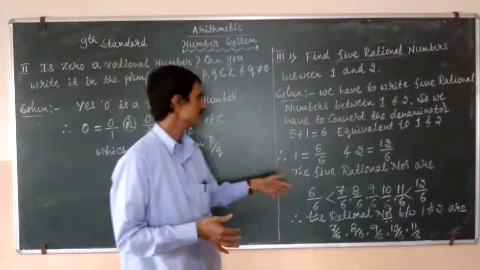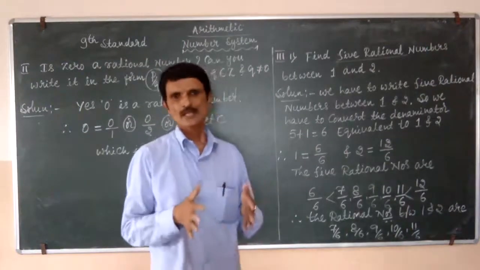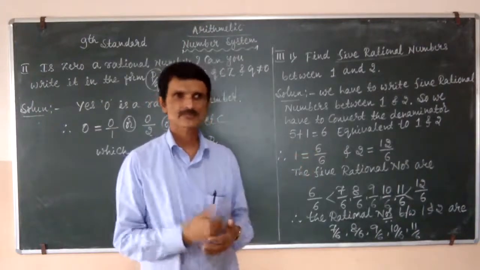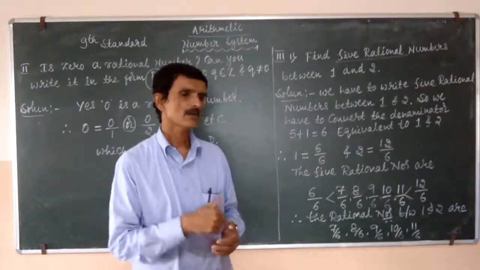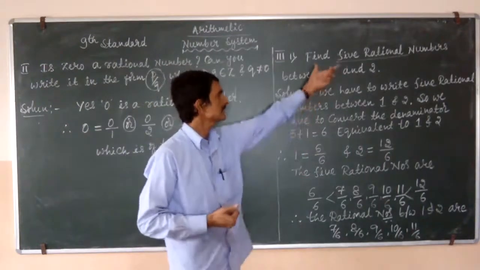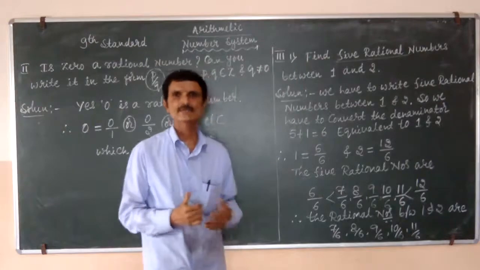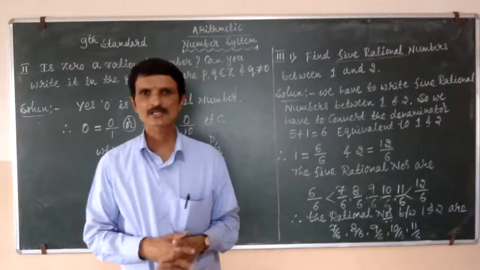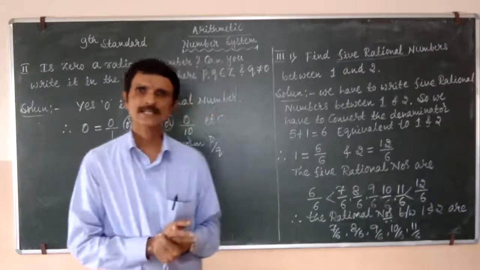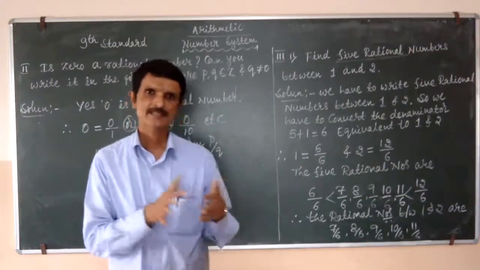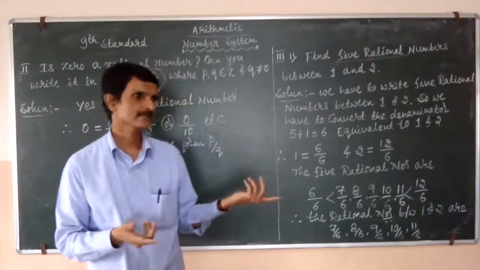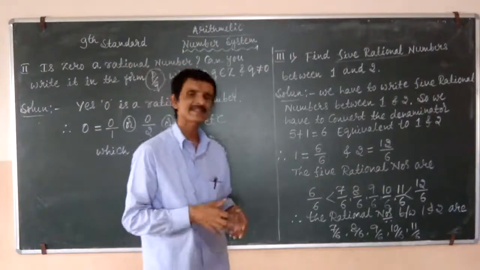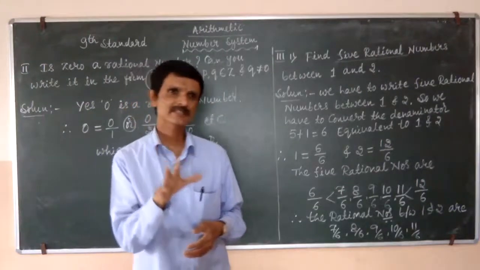Before going to write that, we have to know how many rational numbers we have to write. First, we have to know that. After knowing how many rational numbers we have to write, if we want to write five rational numbers, we have to add 1 for that, meaning 5 plus 1, 6 plus 1, 7 plus 1, and so on. Similarly, add 1 to that and write the equivalent form of the given